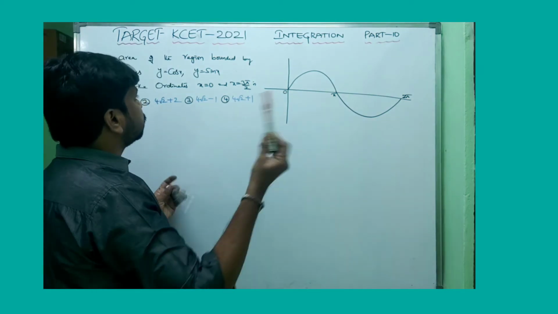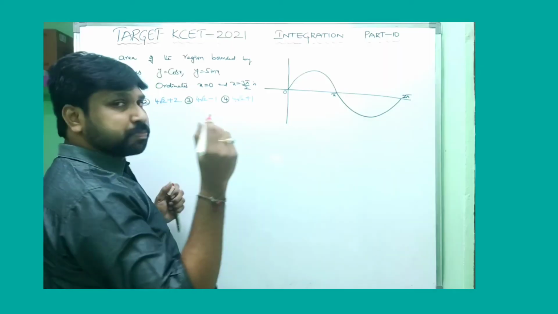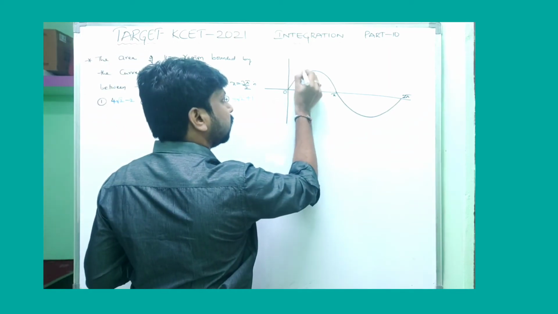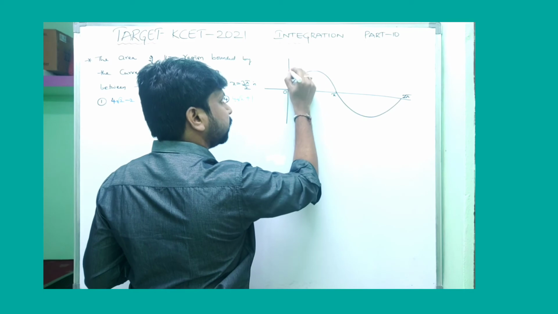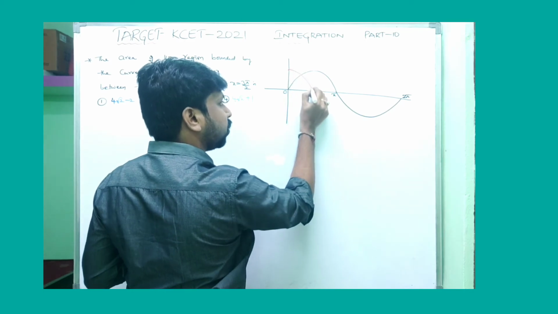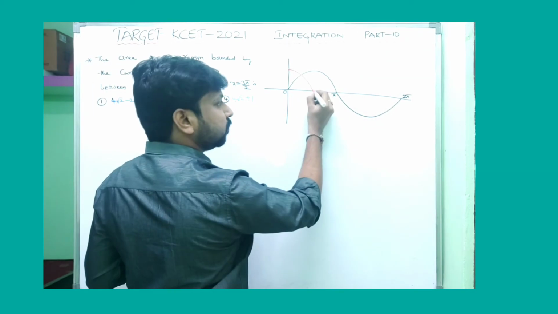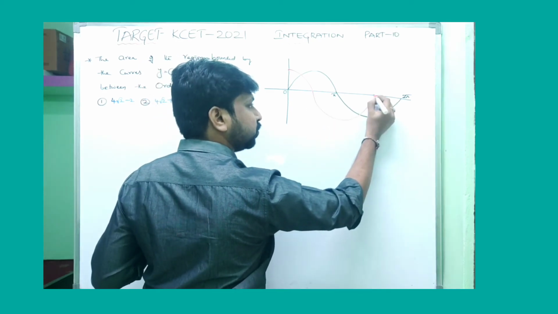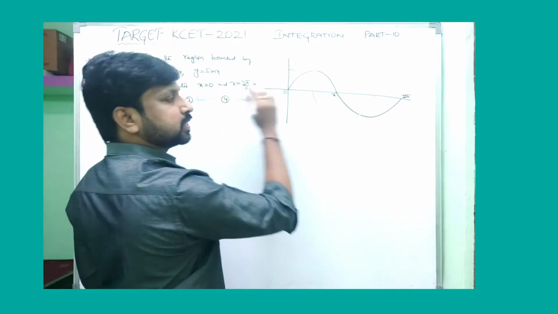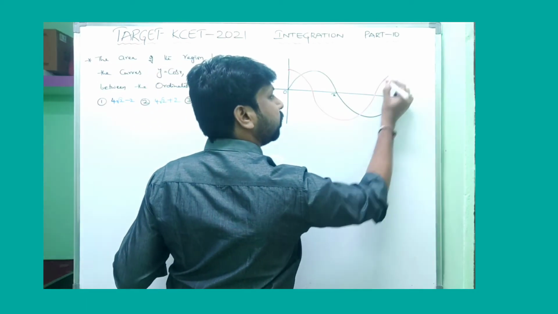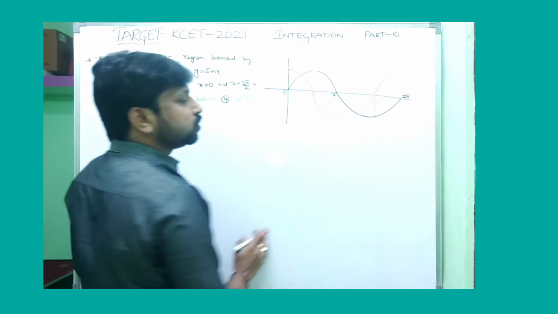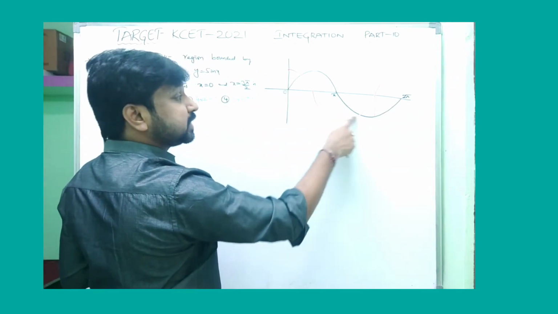I need to use another sketch. Cos x is passing through 1. Cos 90 is 0. Cos 3 pi by 2 is 0. They are asking only till 3 pi by 2. If you extend also, no problem. You need till this. So from here to here, the mixed area they are asking.